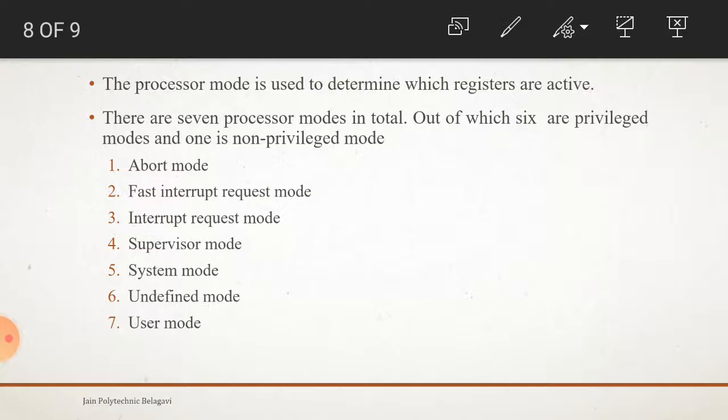So what do we mean by privileged mode and non-privileged mode? A privileged mode allows full read and write access to CPSR, whereas a non-privileged mode allows only read access to the control field in